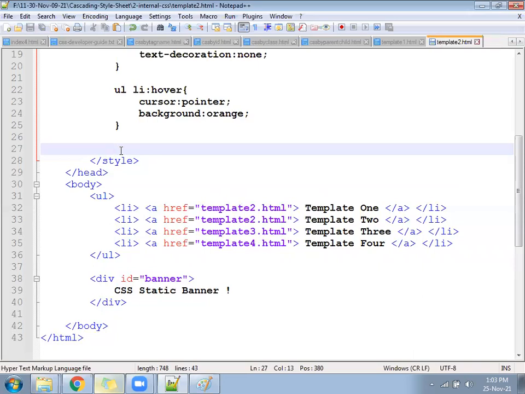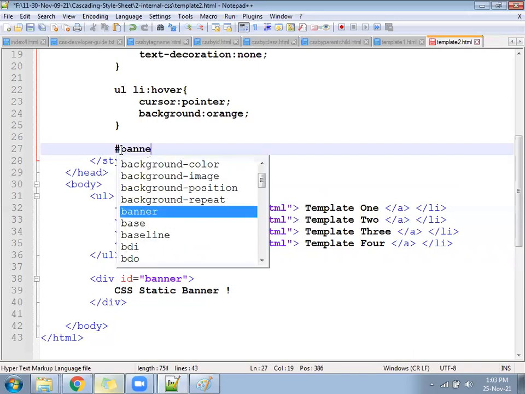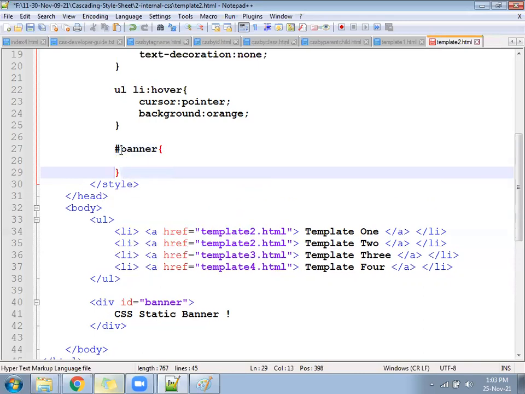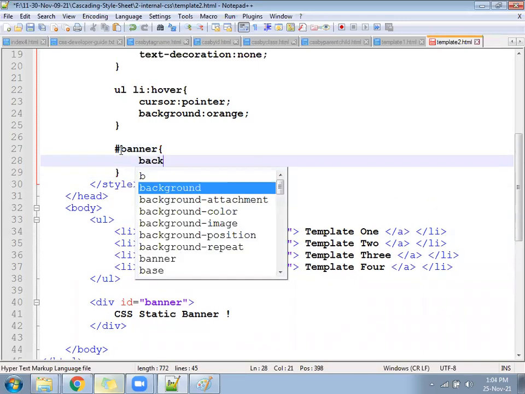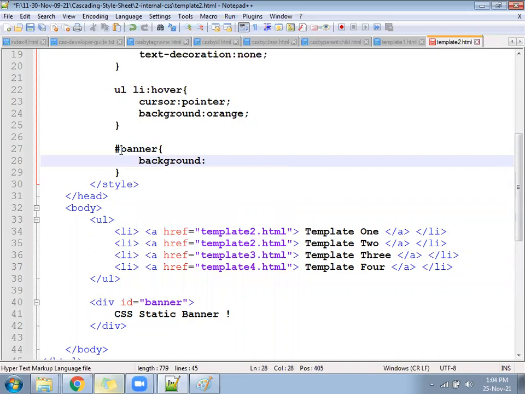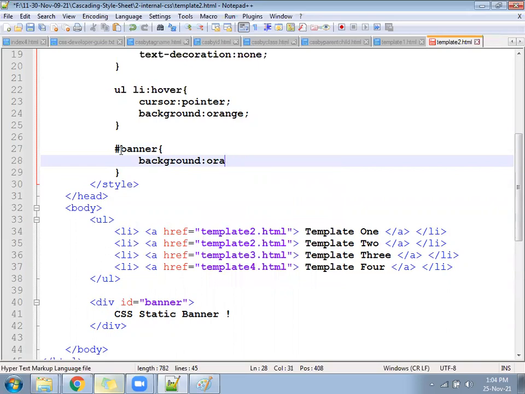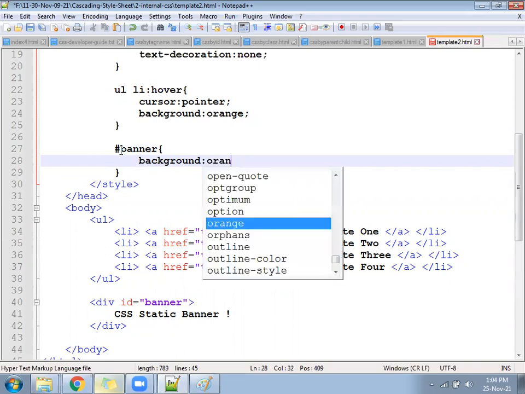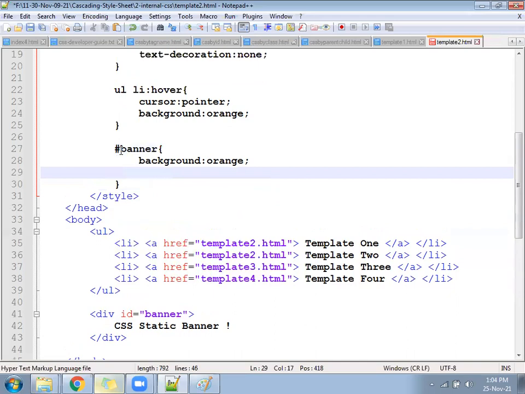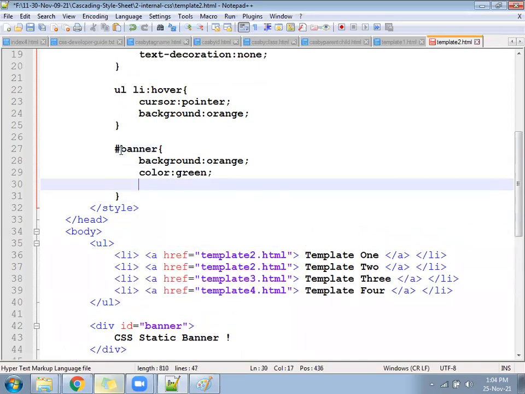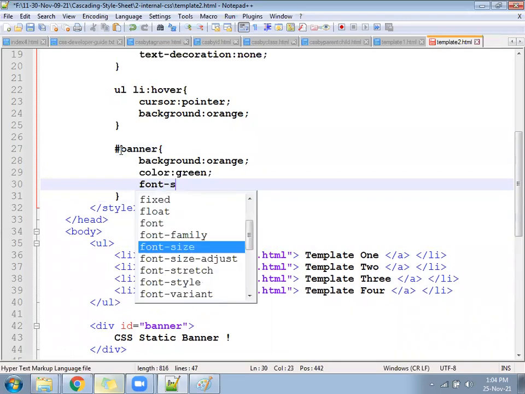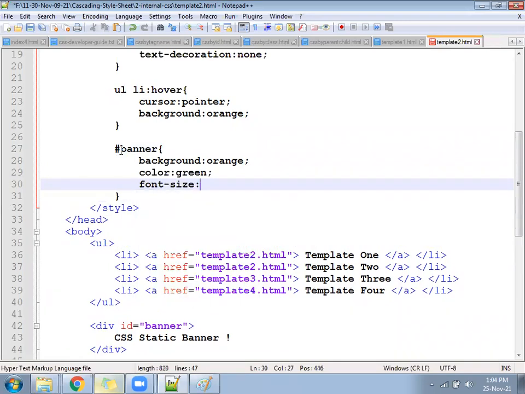Hash banner. Background orange color. Color green color. Font size 80 px.